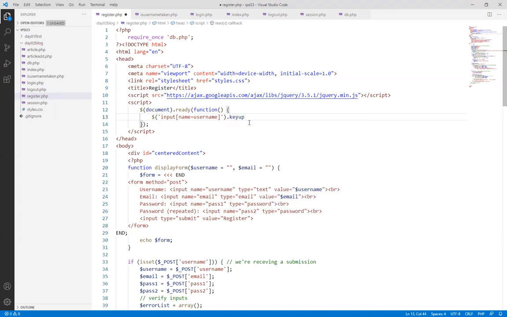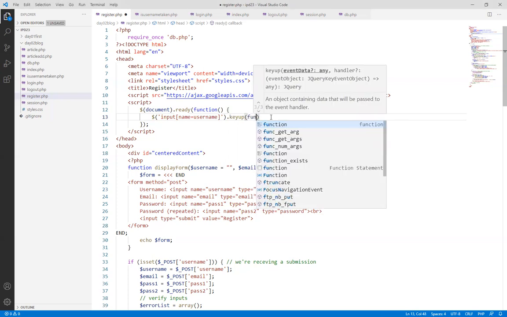By the way, in JavaScript, the event is onkeyup, but in jQuery, the method is actually called keyup. Just like in jQuery you have click, and in JavaScript you had onclick. So just be mindful of that. The on is usually not there. All right, so then on keyup,